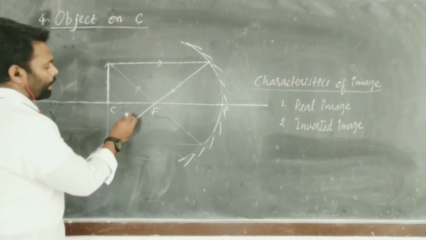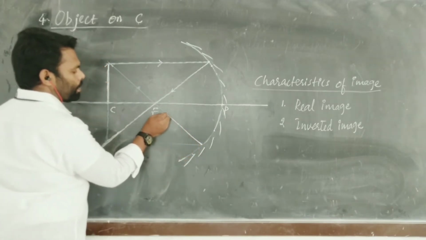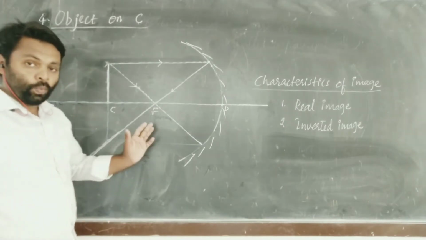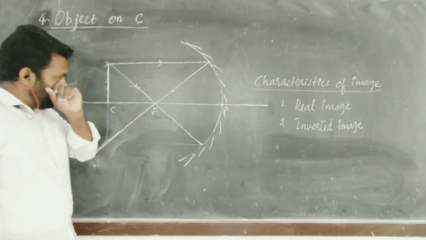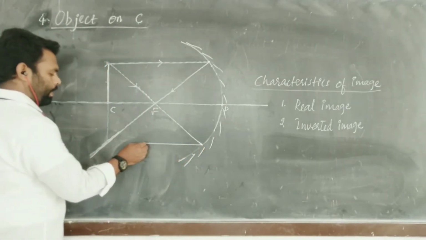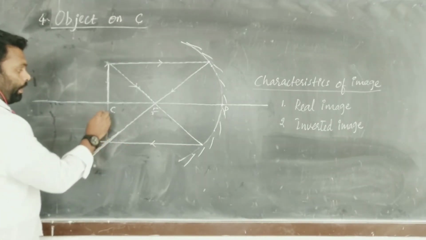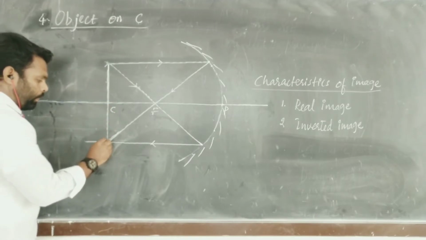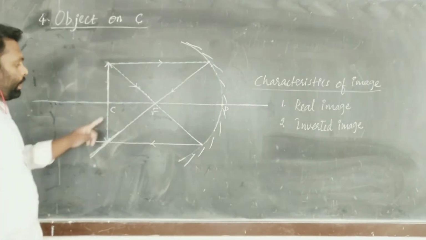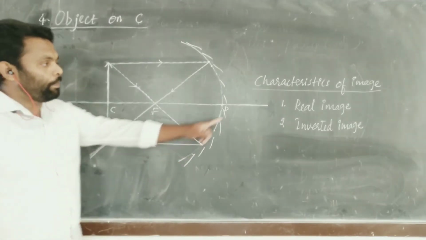Let us take the second light ray passing through the focus and incident on the concave mirror. According to the rules of ray diagrams, a light ray that is passing through the focus, after reflection, must be parallel to the principal axis. Now this is the light ray that is parallel to the principal axis, and these two reflected light rays are intersecting here. This is the point where the image of the object is formed, at C, and since the two reflected light rays are intersecting at a point, the image is a real image.